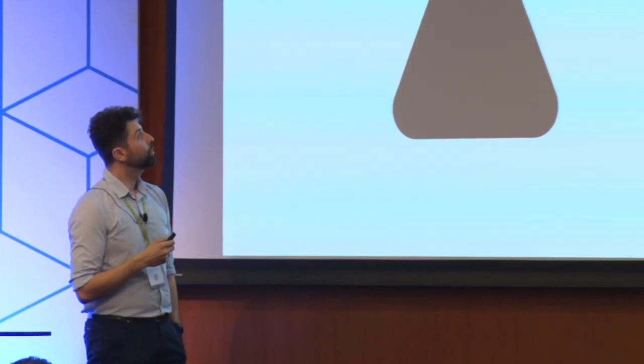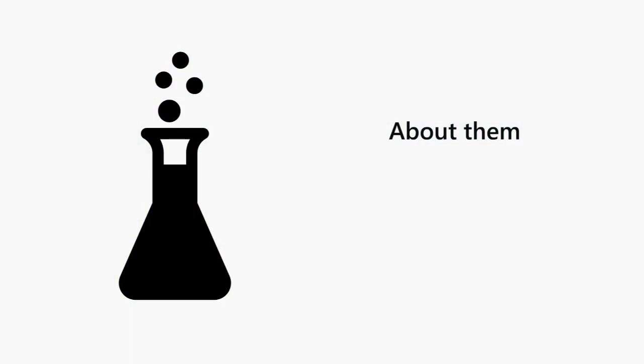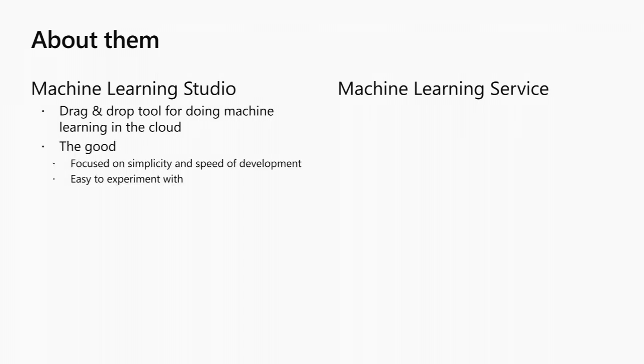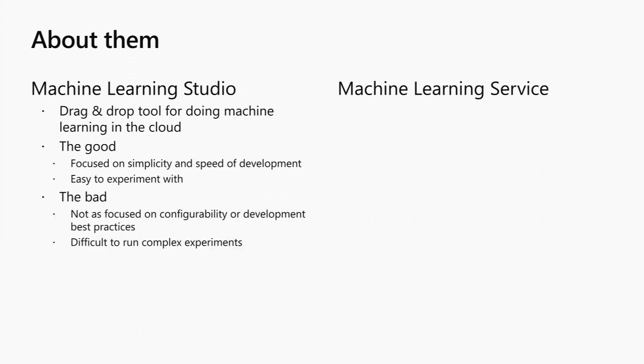Okay, right. Well, now that you know a bit about me and I know a bit about you, let's find out a bit about the 2 elephants in the room. Machine Learning Studio and Machine Learning Service. And we'll start with Studio. Studio is a very visual tool. It's a drag and drop tool for doing machine learning. You can imagine it as something like Lego for machine learning. It has multiple modules. You just drag, drop, and connect them. It's really easy. It's really straightforward. You can get from an idea, from something like a glimpse in your eye, to a deployed web service in something like 10 minutes. Really easy to get started with.